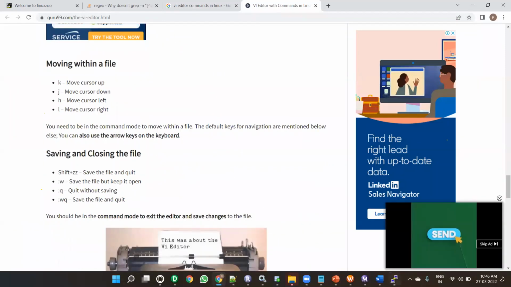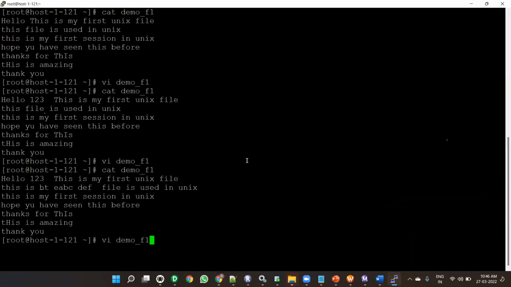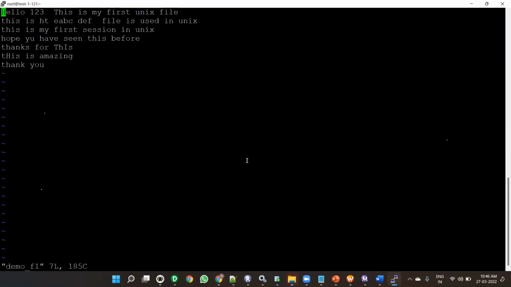Suppose I open a file in VI and I am not pressing any key. You can use the arrow keys like this also, but in a few editors there are no up, down, left, or right arrow buttons, and they will not work. For that, what you need to do: